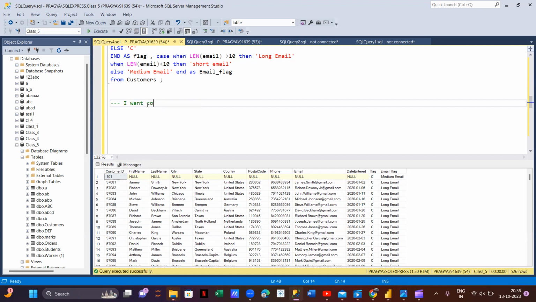I want count of customers starting with consonants as their starting letter in first name